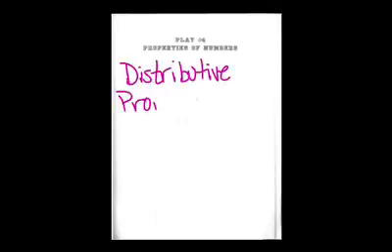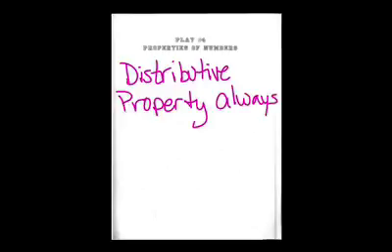Okay, so one thing that is very clear that I want you to write down, okay, if you're trying to identify what property is being used, the distributive property always contains two operations. Distributive property always contains multiplication,